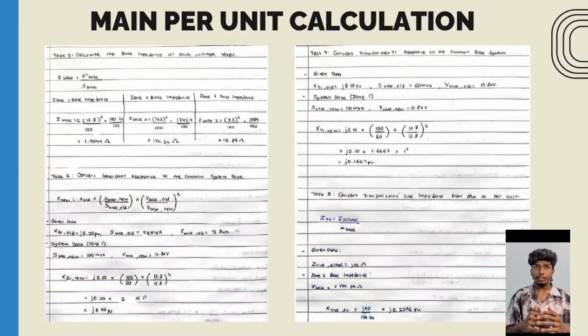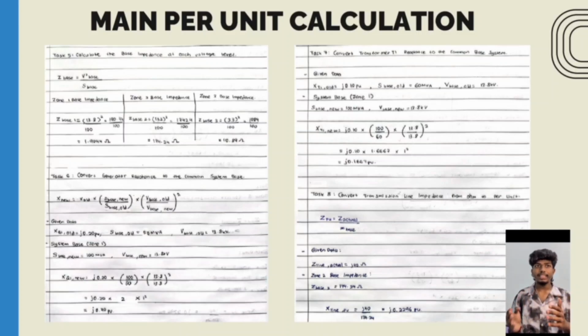With these base values ready, we convert our physical grid components onto our unified system base using the formula X new equals X old times S base new over S base old times V base old over V base new, squared. For task 6, we shift our generator G1 from its original nameplate reactance of j0.20 pu on a 50 MVA rating up to our common 100 MVA base, which doubles its value to j0.40 pu. For task 7, convert transformer T1